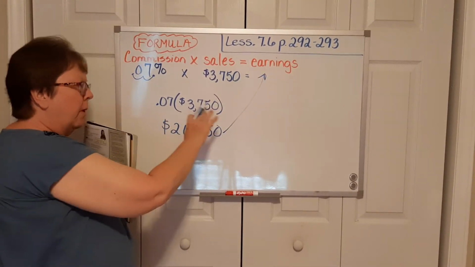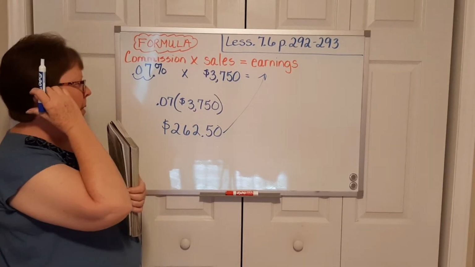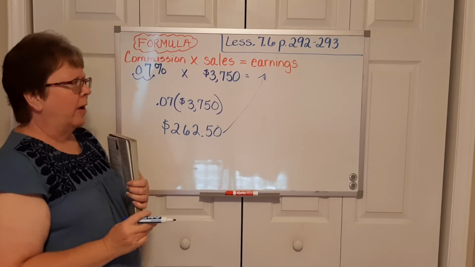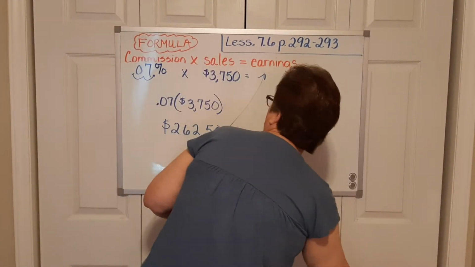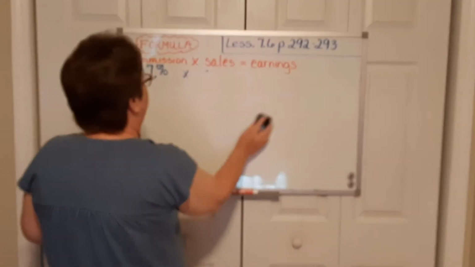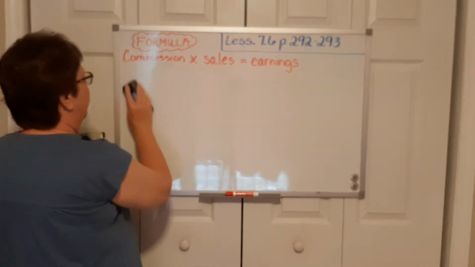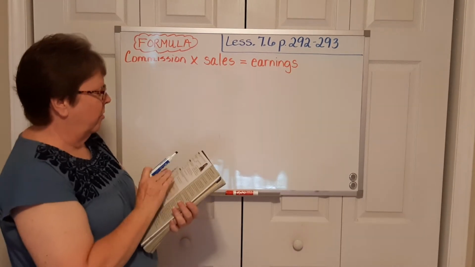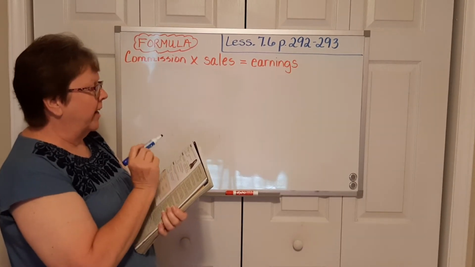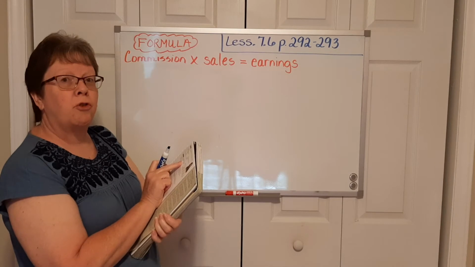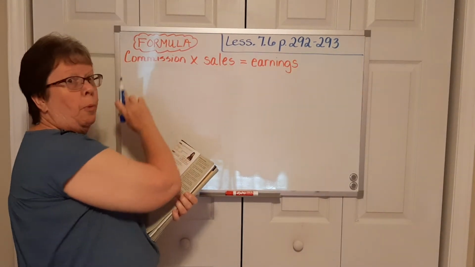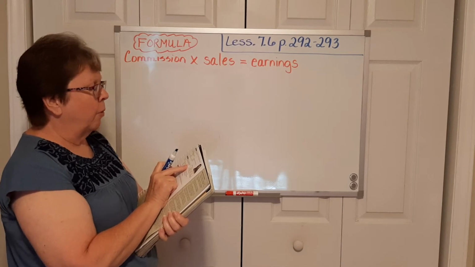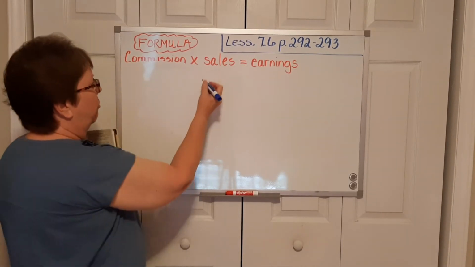I didn't multiply that out because you know how to multiply. I'm just going through how you actually do the problems. Okay, let's do another example. I'm at example 2 now on page 293. Now it's asking us to find the commission. So now they want us to find the percent in this one. It says find the commission if $3,000 in sales